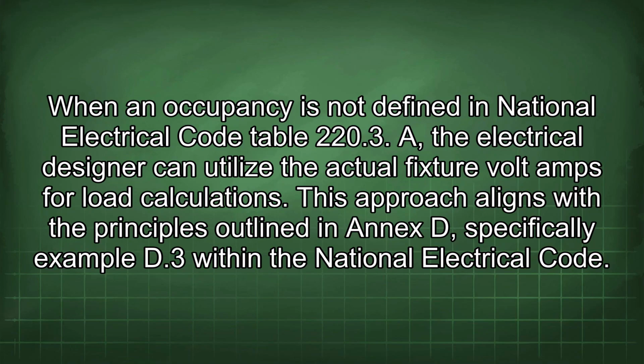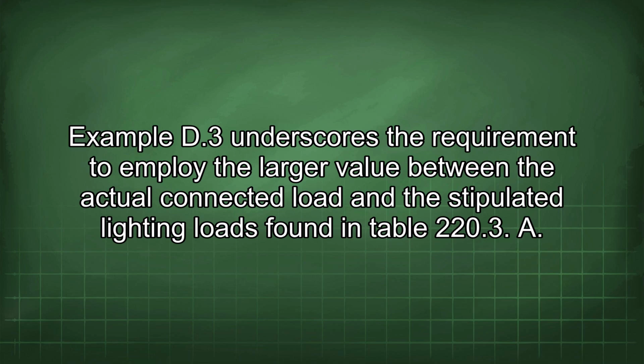When an occupancy is not defined in National Electrical Code Table 220.3(A), the electrical designer can utilize the actual fixture volt amps for load calculations. This approach aligns with the principles outlined in Annex D, specifically Example D3 within the National Electrical Code. Example D3 underscores the requirement to employ the larger value between the actual connected load and the stipulated lighting loads